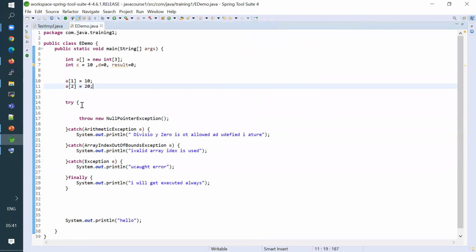So using the throw keyword, just simply remember that we can throw an exception manually, rather than some event happening from code. If you want a real-time example, suppose you're querying for some employee details, and those employee details are not found in your system, in your database or something, and you want to create an exception saying that the employee is not found, you want to create some exception like that.